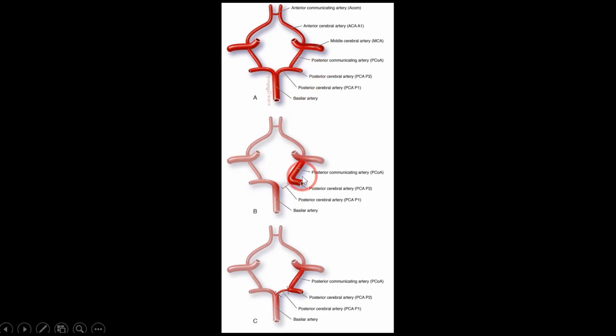artery. In situation number 2, where the P1 segment, there is no connection between the posterior cerebral to the basilar. P1 is hypoplastic or absent, aplastic. So this is a classical, typical fetal PCA. That means the anterior circulation, the carotid artery, is supplying the posterior cerebral artery. So the PCA, the posterior occipital lobe in this situation becomes part of the anterior circulation itself. So this carotid artery is supplying the MCA territory, the ACA territory, and the PCA territory.